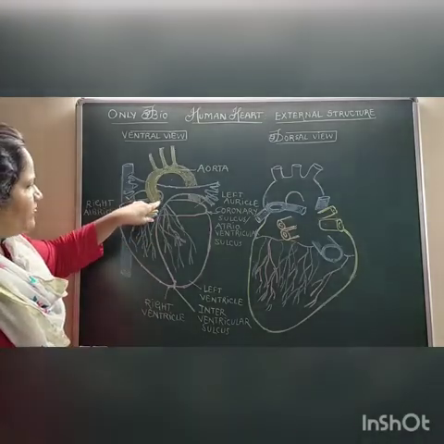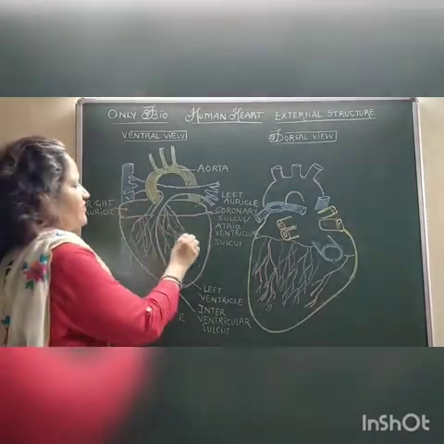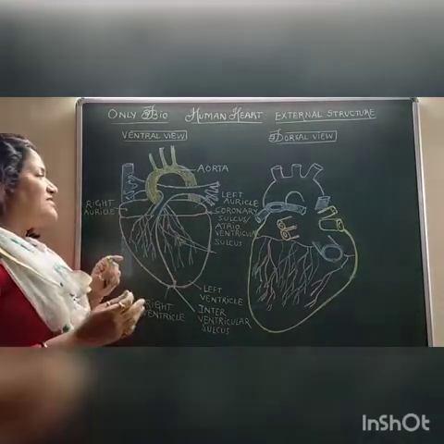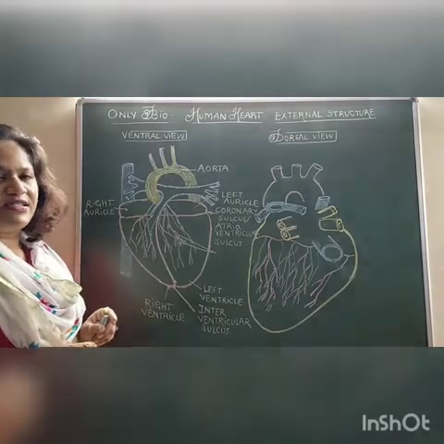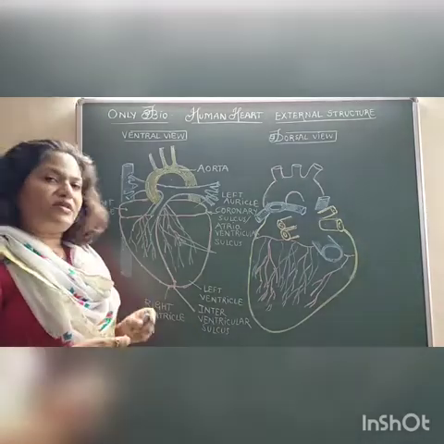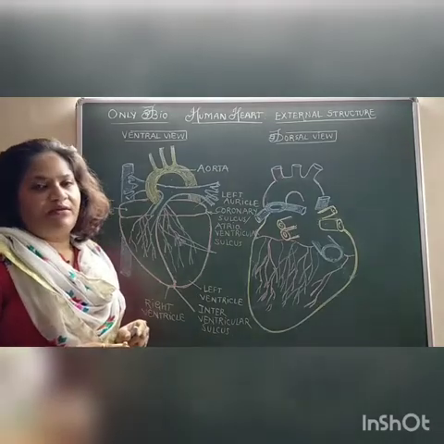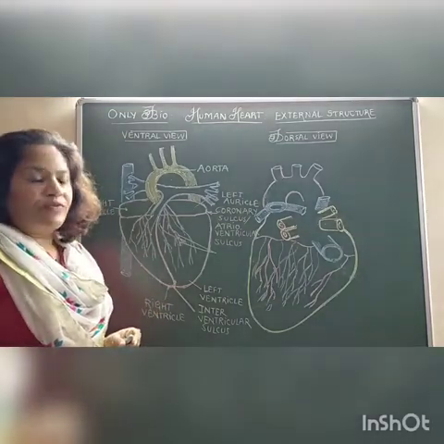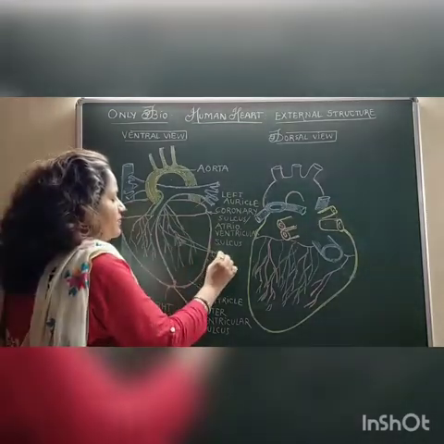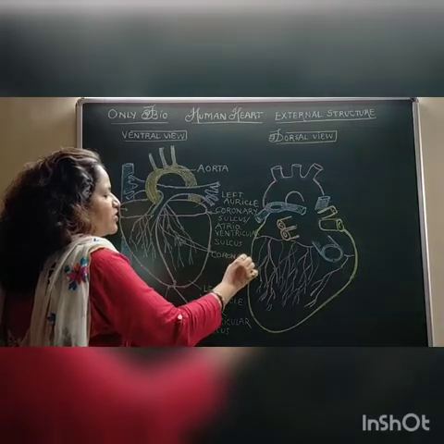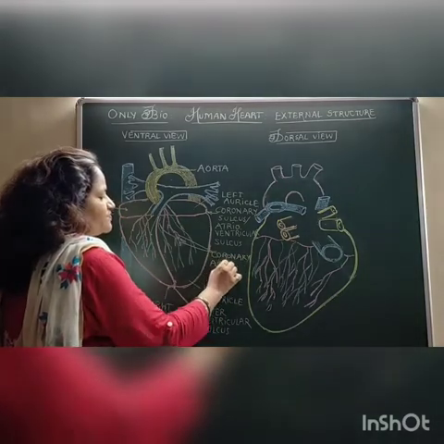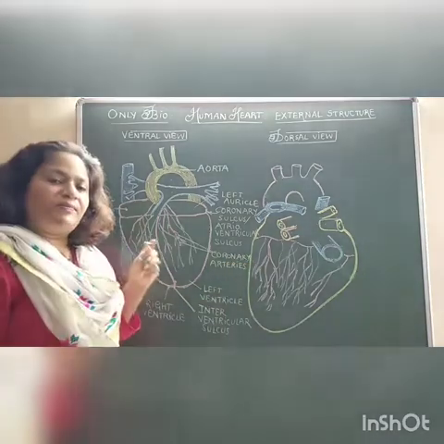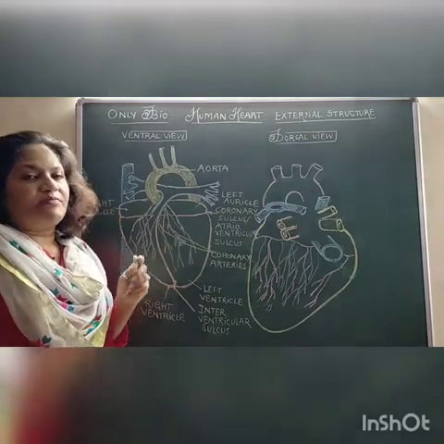Now, arising from the base of the aorta, there are many blood vessels seen emerging. These are the blood vessels that supply blood to the wall of the heart itself, because the heart requires a constant supply of blood to get its oxygen as well as nutrients for perfect functioning. These blood vessels are called the coronary arteries. So what I mean to say is that the coronary arteries supply pure blood to the cardiac muscles.